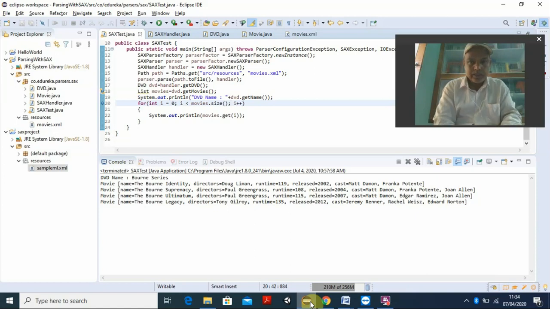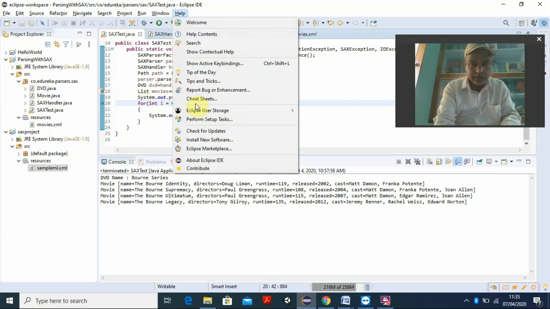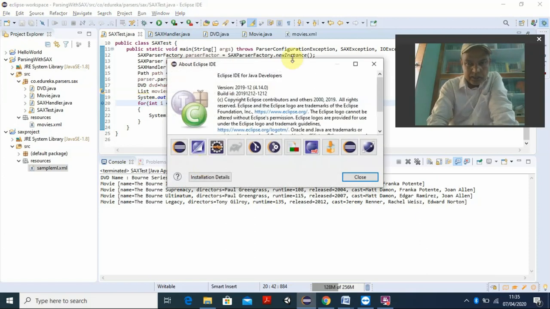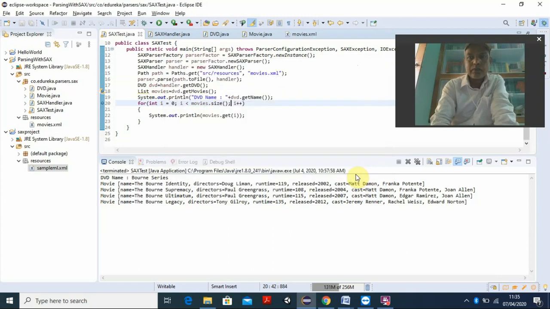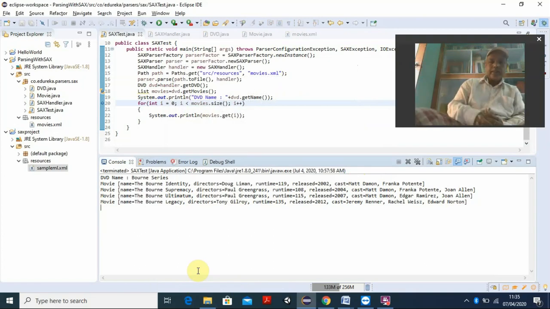I am using the Eclipse IDE, and if you want the version, you can see the different versions. Check what is under About Eclipse IDE here. The version is 4.14.0, and the build ID is also shown. This I am using, and you can download and install it. If your system runs 64-bit, there is no problem. A minimum of 4 GB RAM is required. I think every system you have can handle downloading and installing. I have downloaded and installed that IDE, and I am working with it.